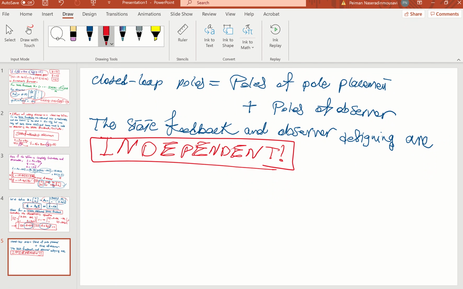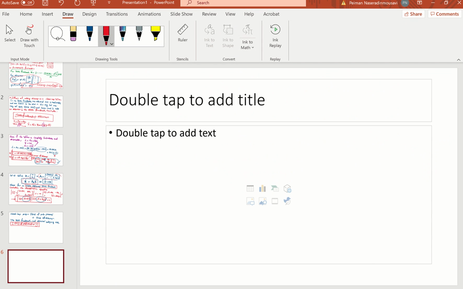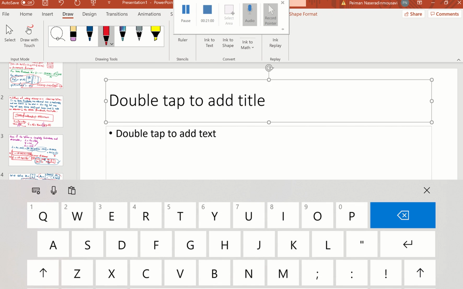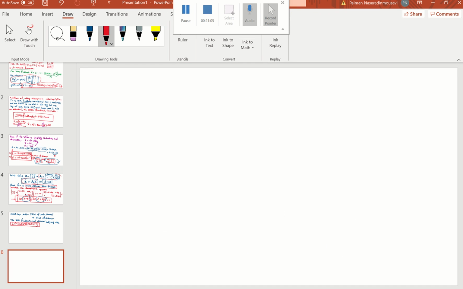So let me go to a comprehensive example. Maybe it takes this class and the next class. Okay, let me see if I have time. Yes, I do have. So this is the example that you're gonna see in industry. This is the simple example. This is the famous example I showed you several times from undergraduate vibration and control until today that you are in this class. So this is mass spring and damper,